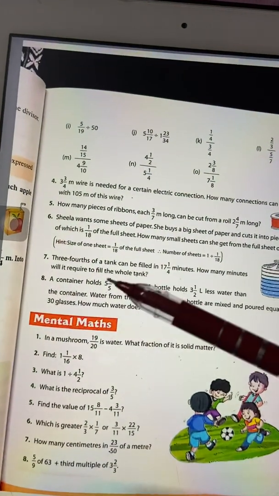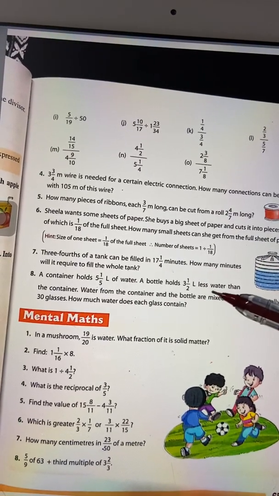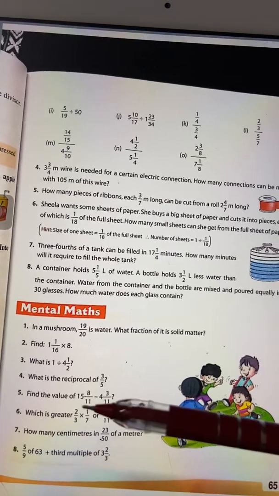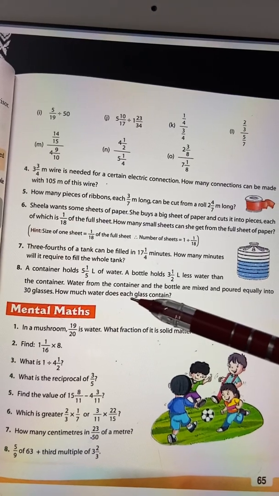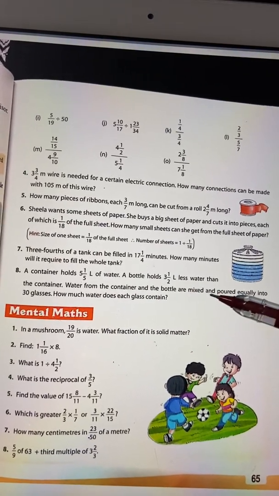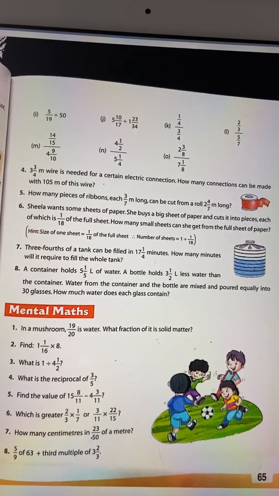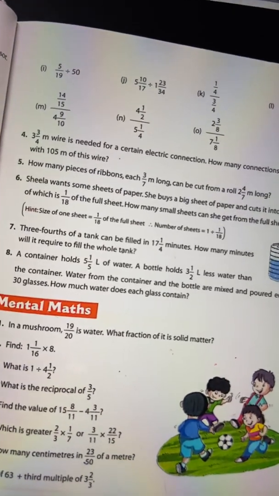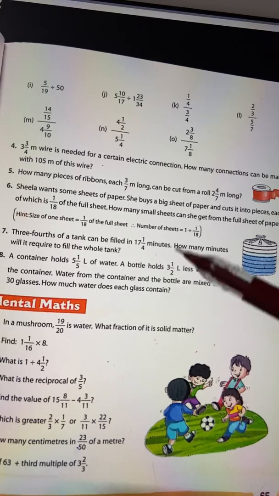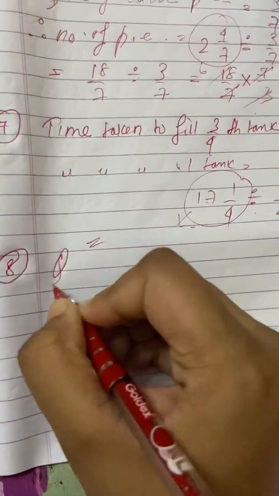A container holds 5 1/5 liter of water. A bottle holds 3.5 liter less water than the container. So first, then water from the container and the bottle are mixed and poured equally into 30 glasses. How much water does each glass contain? First we will find the total quantity of water. एक कंटेनर में इतना पानी है और बॉटल में कंटेनर से इतना कम है, तो पहले हम लोग बॉटल का क्वांटिटी निकालेंगे. I will write quantity of water